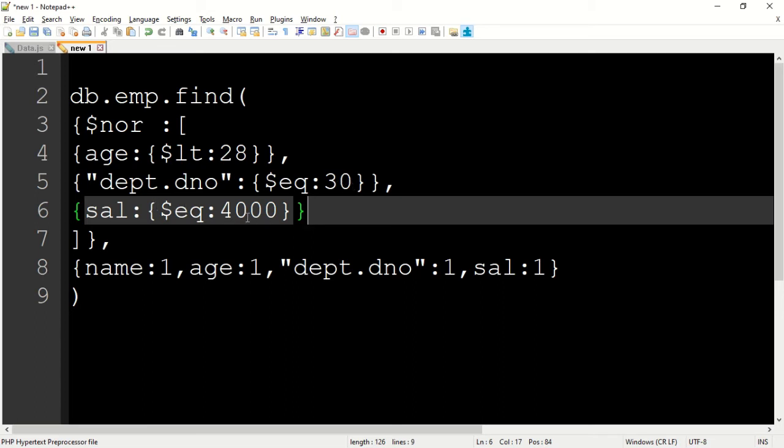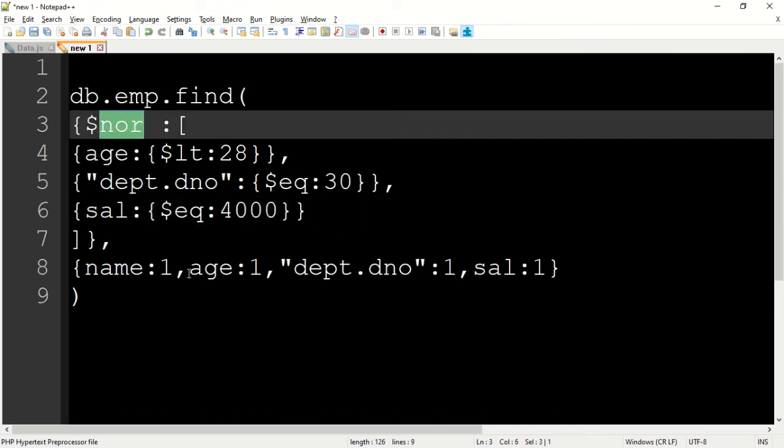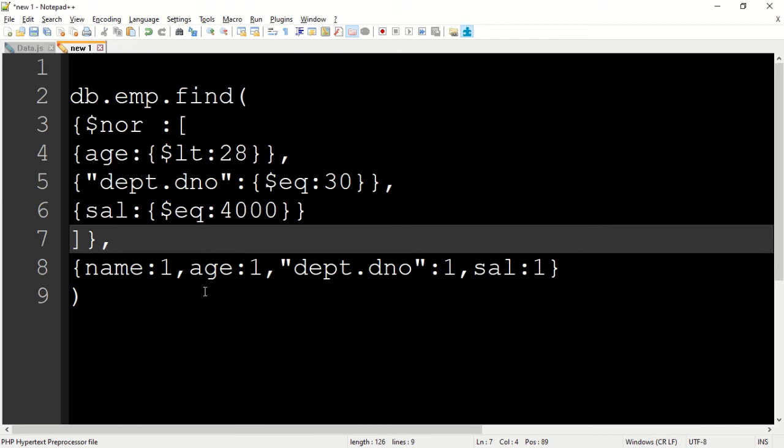The salary must not be equal to 4000; any figure other than 4000 will be displayed. And the age less than 28 means 28 onwards is accepted. NOR means not this, not this and not this, not of all these conditions. And it will display name, age, department number and the salary.